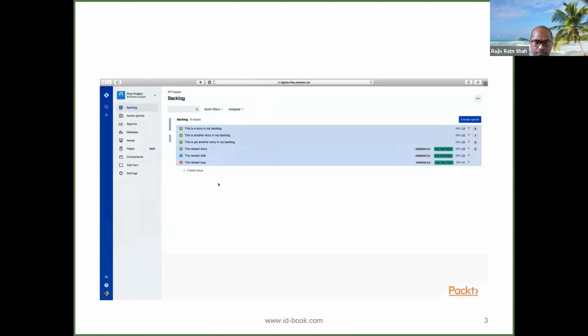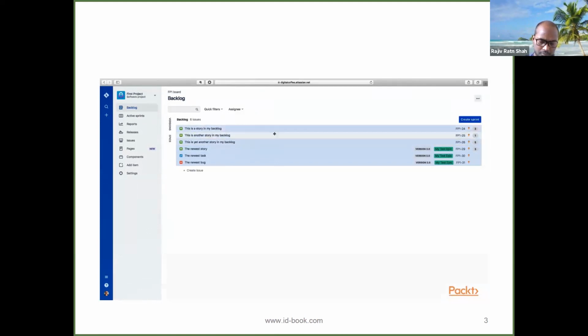All right, so we're going to look at this project. This is the backlog view, and you can see we have some stories in the backlog here. We have 4 stories, a task, and a bug. We can prioritize these items by just dragging and dropping them, and you can see we can move them around and make them in whatever priority order. The most important would be on the top.